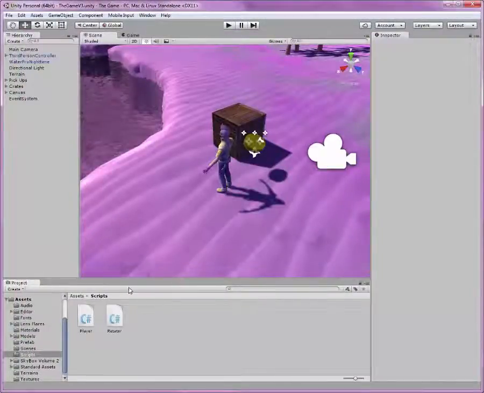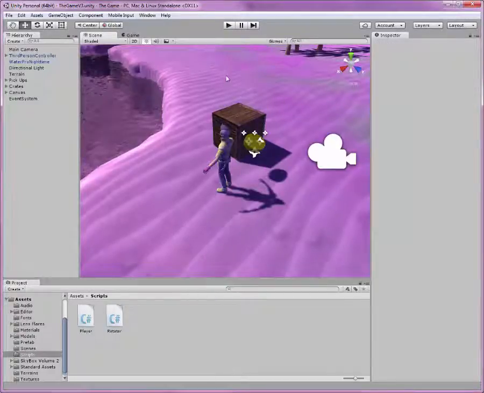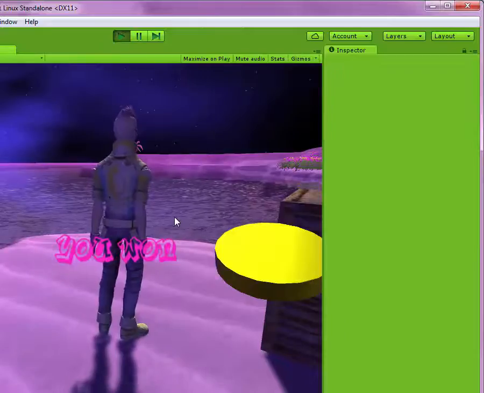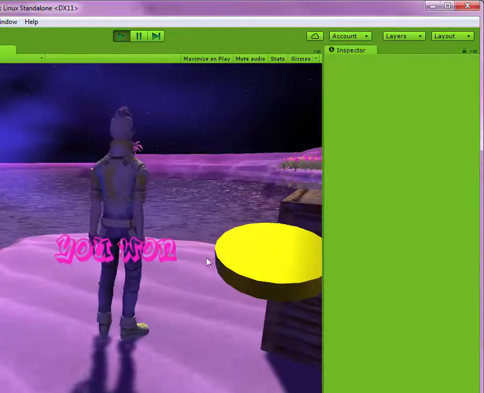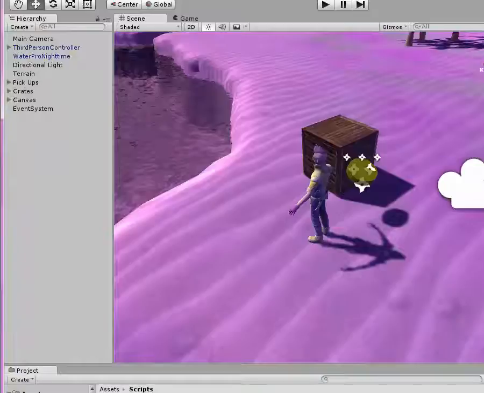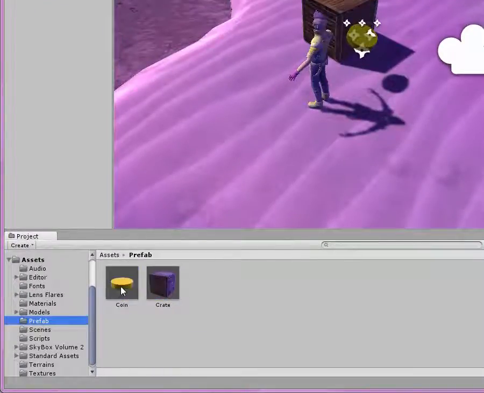And we'll go into our game. So we need to add the rotator to the coin, because our objective is to, let me go ahead and select play and see where I'm at here. Our objective is to have this coin rotate around. So we are going to go to our prefabs. Remember, we made the coin a prefab. Select our prefab coin,